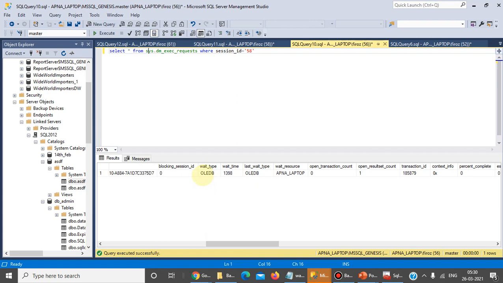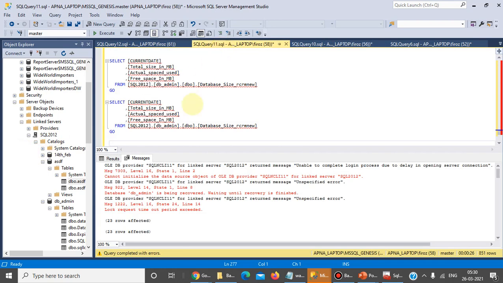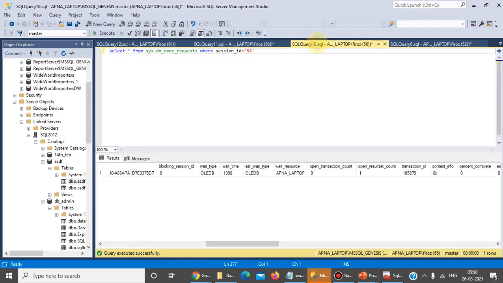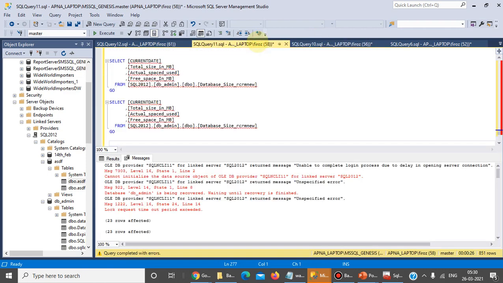Basically, OLEDB will come when there is any query which is using a linked server. You can see that this query is using the SQL 2012 linked server.